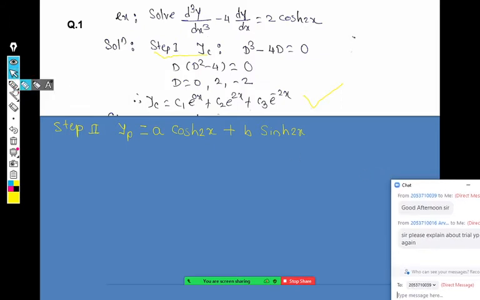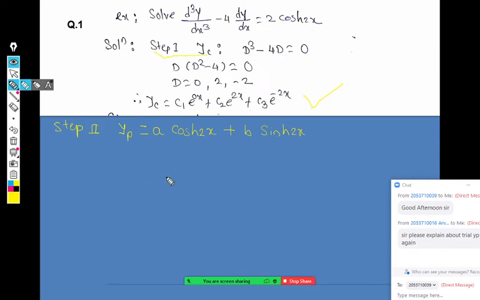Right now I am just giving you a focus that whenever there is a sine x or cos x on the RHS, then we take a times sine hyperbolic ax plus b times cos hyperbolic ax, or a cos hyperbolic ax plus b sine hyperbolic ax. So that will be our trial yp. But remember, this is a trial yp provided the denominator is not coming 0. We already observed that when we replace D square by 4 for a hyperbolic function, we generally replace D square by plus 4, and then 4D minus 4D is coming 0.